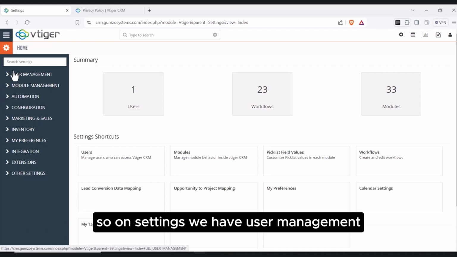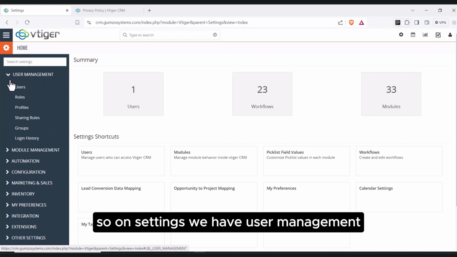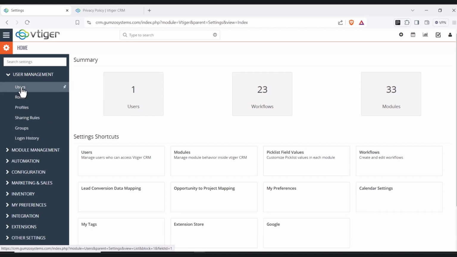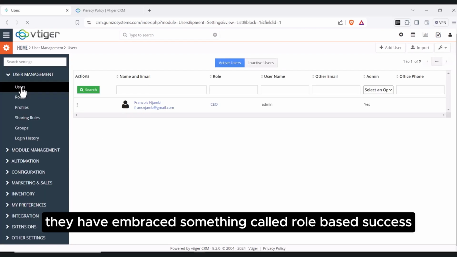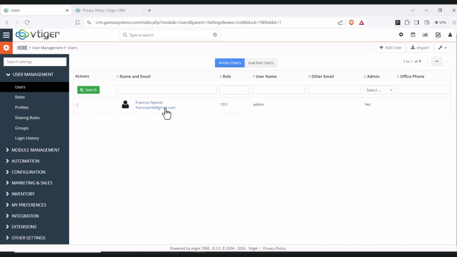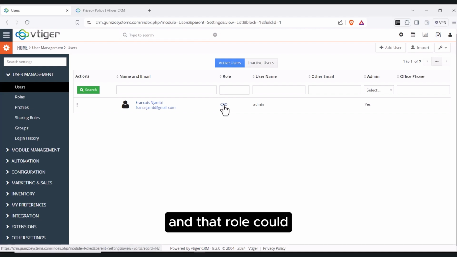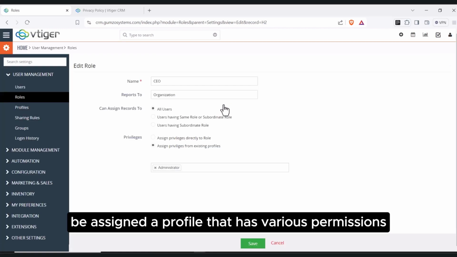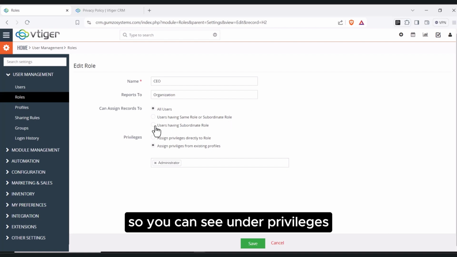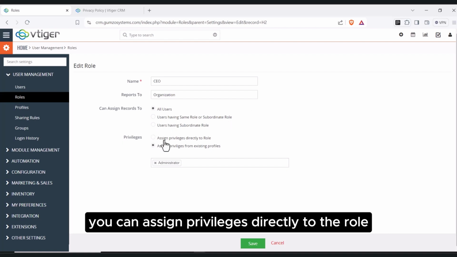So on settings we have user management. They have embraced something called role-based access. A user could have a role, and that role would be assigned a profile that has various permissions. So you can see under privileges, you can assign privileges directly to the role, or you can assign privileges from